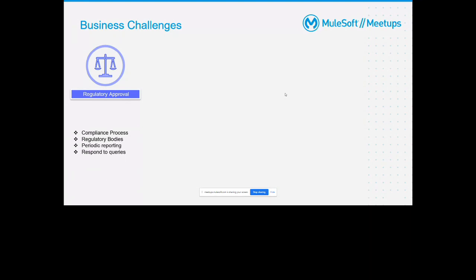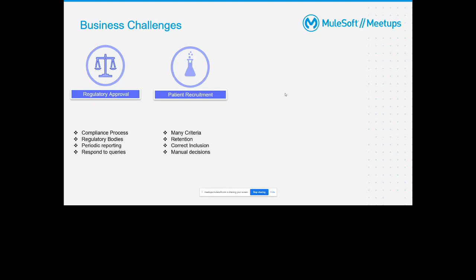And then patient recruitment is another challenge, because as I mentioned, a new drug trial process continues over a decade also. So first of all, retaining a patient for such a long period of time is challenging.